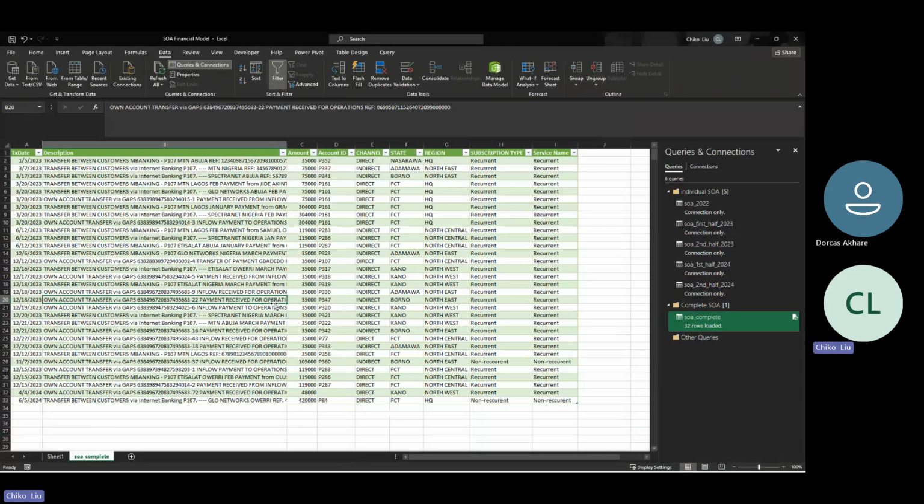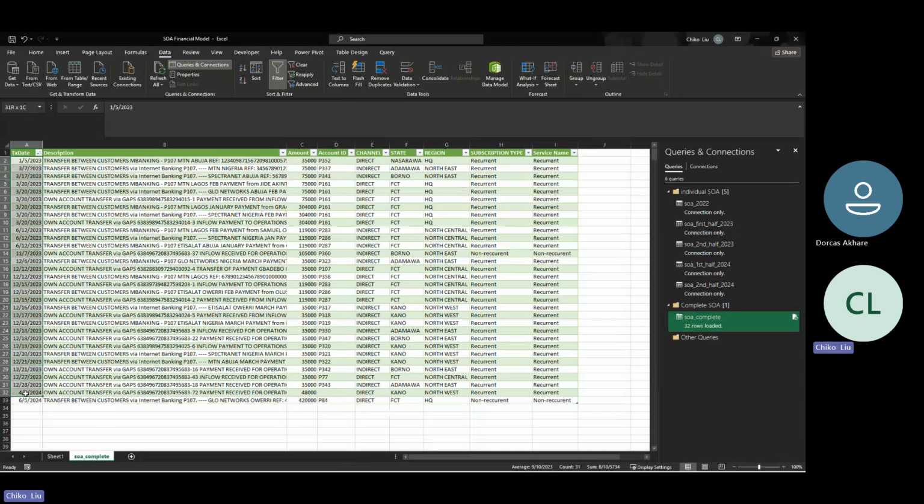So in order to solve this problem, I can then sort from oldest to youngest so that we'll have the date sequence. Now, in order to solve this 35,000 naira problem, we understand that the date here that has 35,000 naira is 1st of January 2023. So what we are going to do to solve the 35,000 naira problem is to just add 35,000 naira as part of